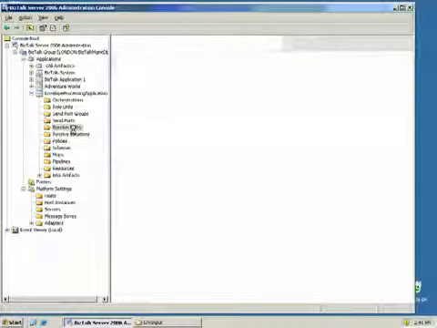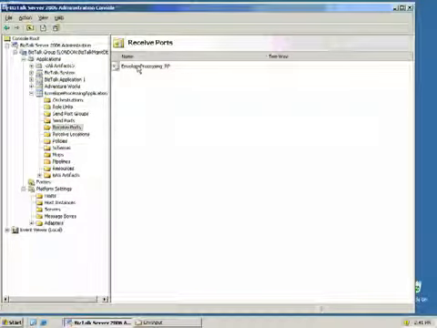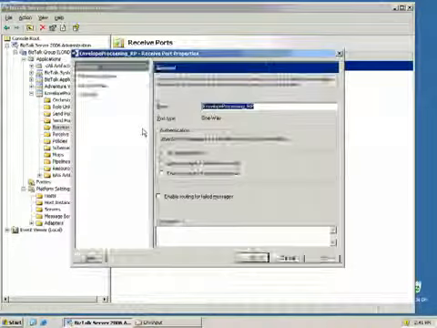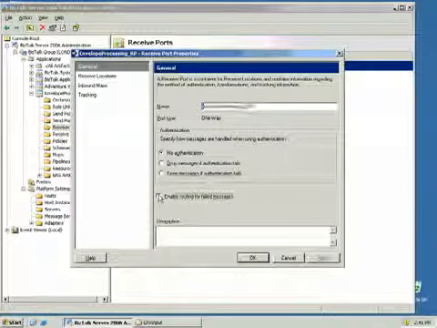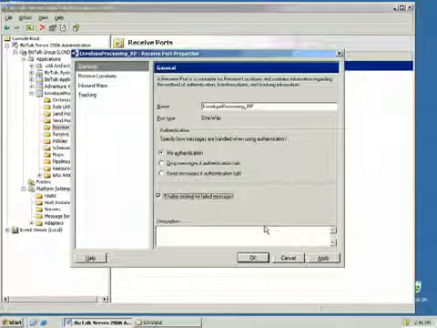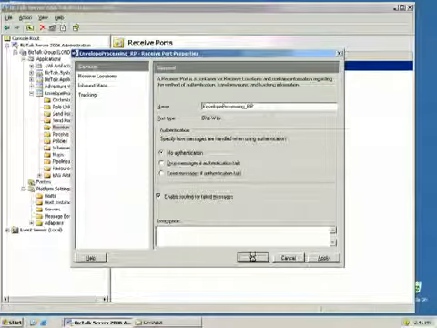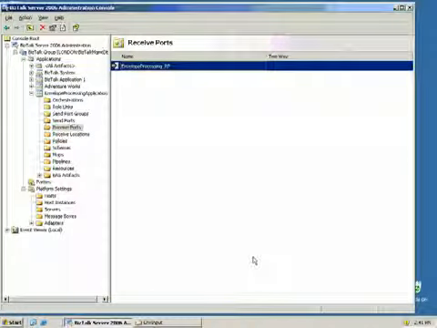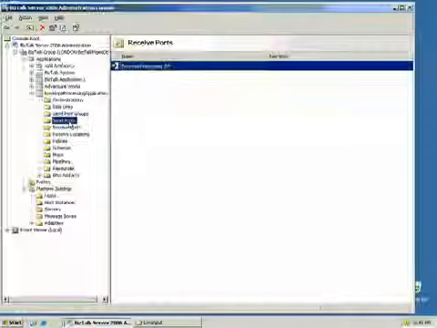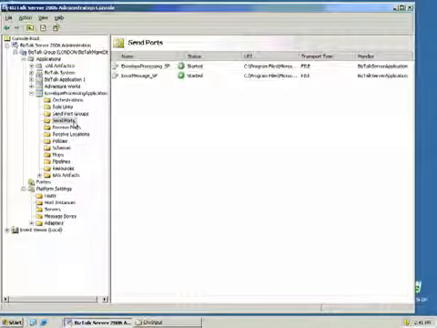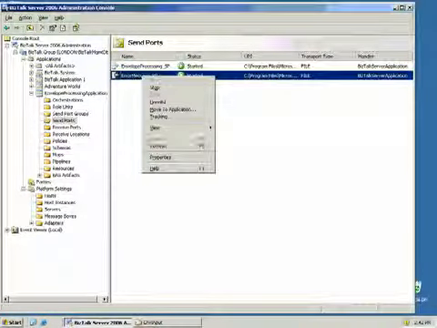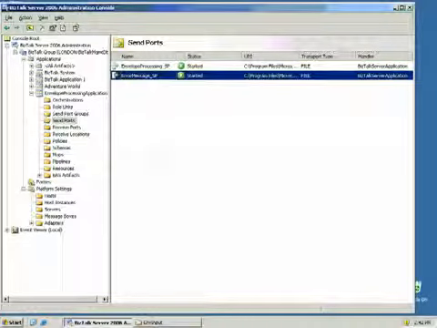Now, in BizTalk 2006, here I have a new property on my receive ports. Very important property, enable routing for failed messages. This now means that I have error report properties that will be tagged to the message itself. So, for example, I could create a real simple error message handling system by simply adding in a send port